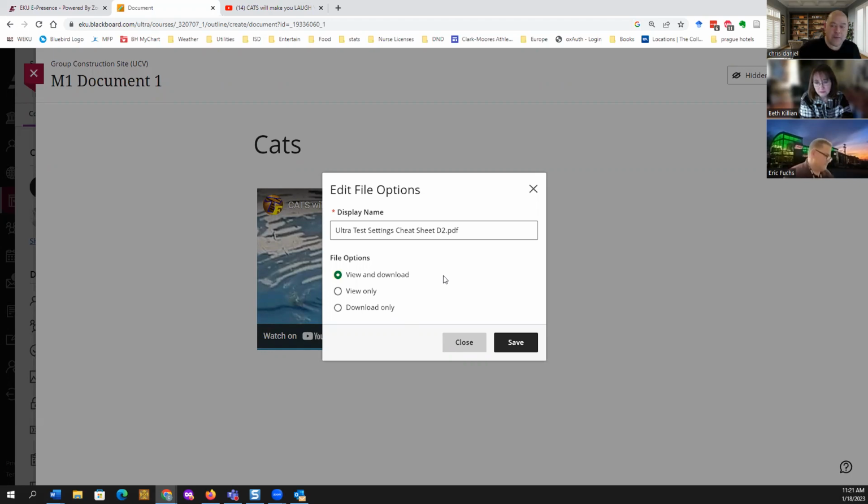You know, we've had some problems with fair use in the past. In fact, in one of my courses where I teach Ultra, I have an entire textbook chapter that I don't want them to pay for, but I want to give that to them. I think it's fair use, but if I inhibit the download, then I don't have to worry about it. We're behind a paywall. I probably shouldn't say that because I may get in trouble, but I think one chapter is okay. So I'll just say view only for this PDF, and I can give it a display name.